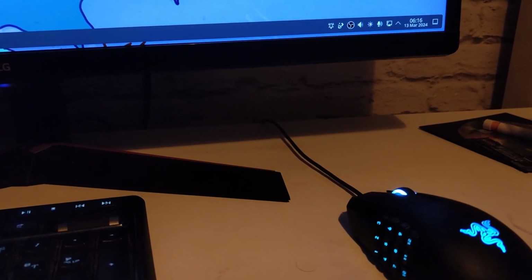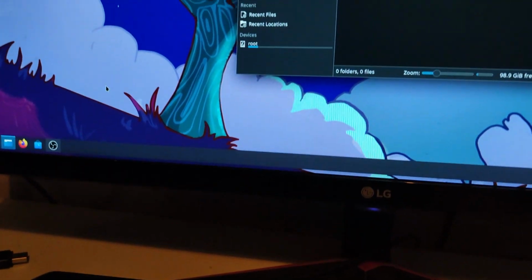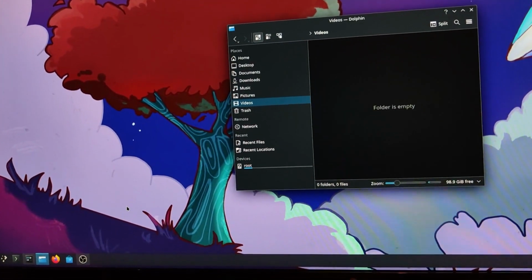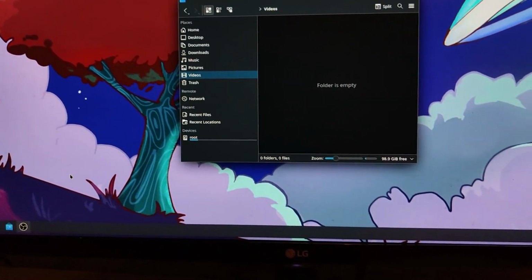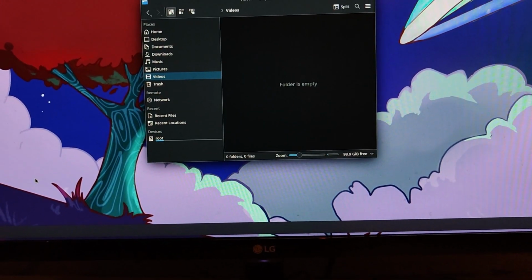It takes a while for it to display. Where the hell is it? It should display as a removable device. I'm gonna mess around with the thing because it sometimes doesn't want to mount, doesn't want to detect for some reason. So,